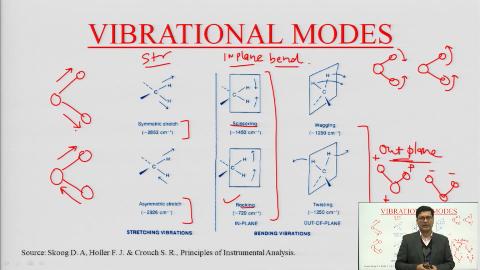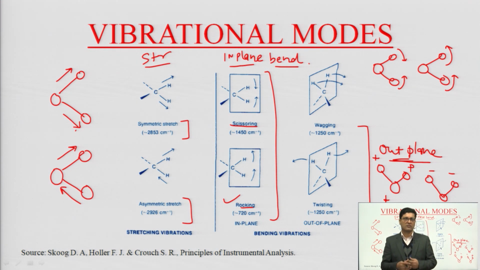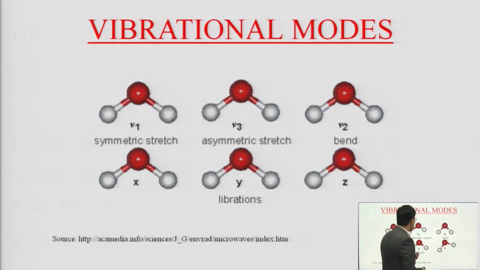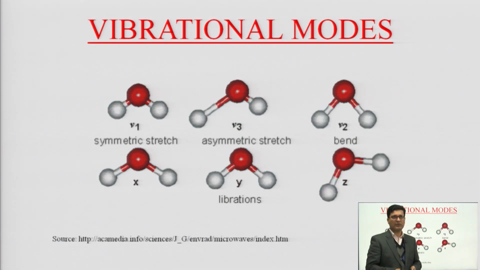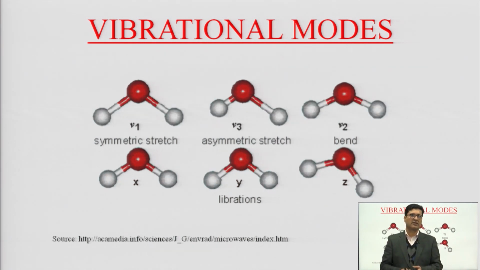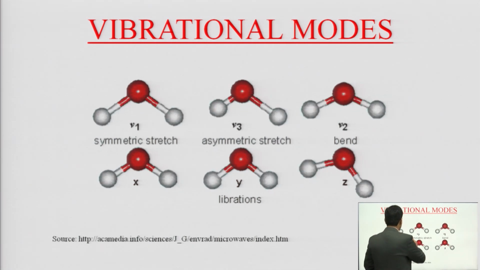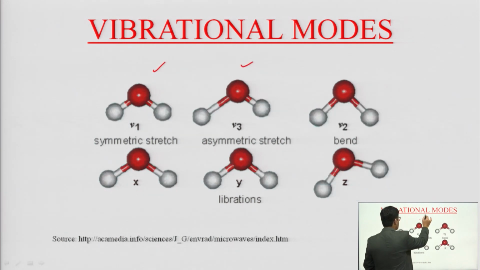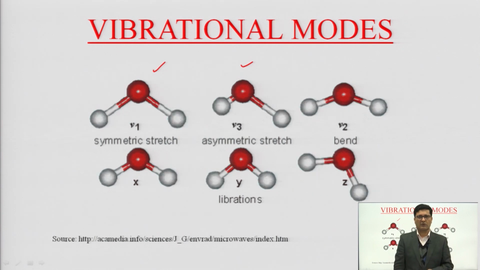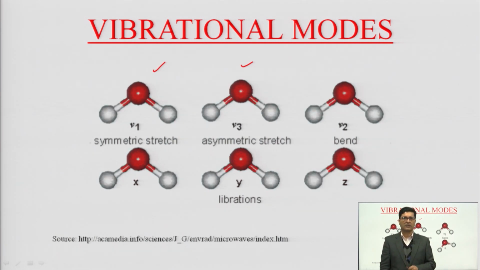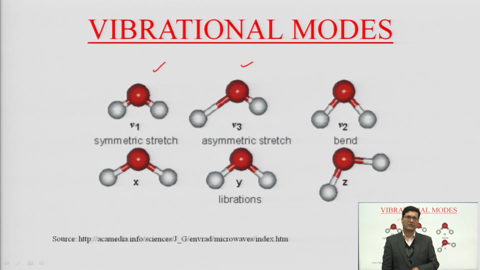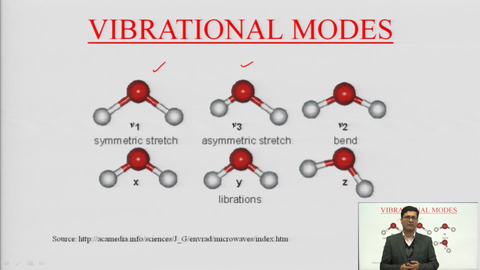Any IR spectrum may comprise any of these 6 fundamental vibrations. So, this is the 3D representation. You can clearly see that these are the motions, that it is symmetrical, it is asymmetrical, and the rest of the 4 are the bending vibrations. It can clearly be understood with this 3D animation how they are moving, how they are vibrating. This is the natural vibration motion.